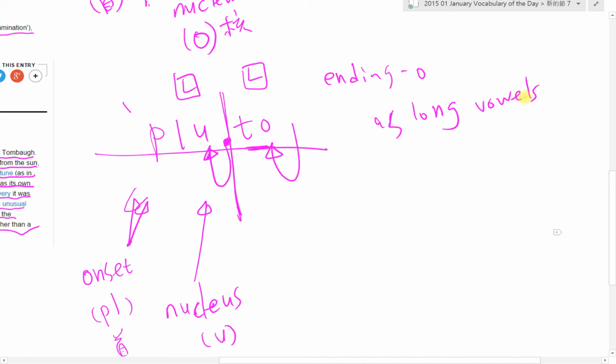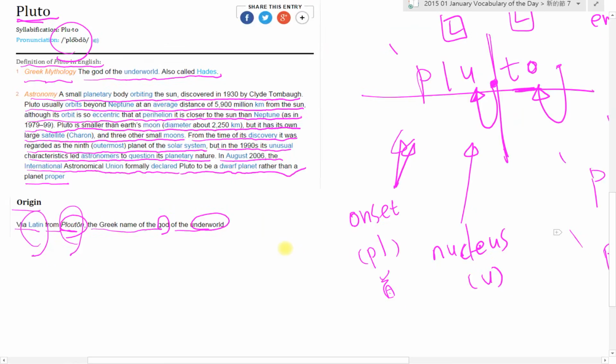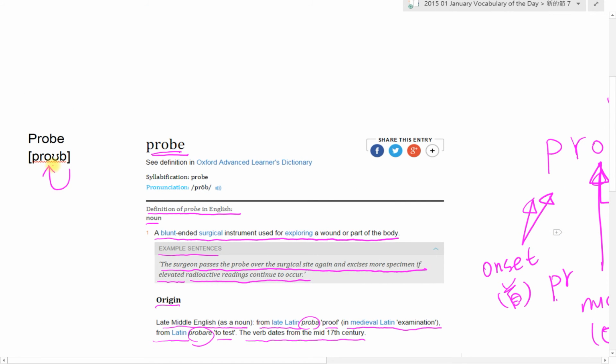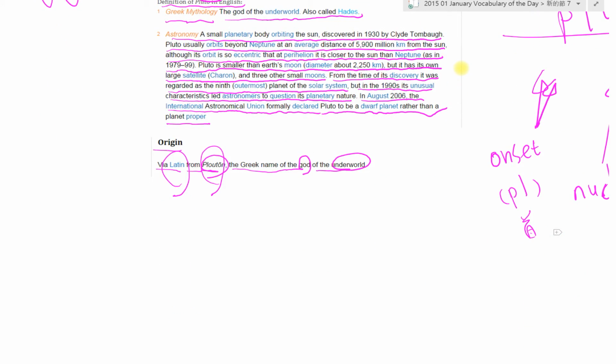然后第二个音节的 O 又是结音，所以又被拉出长母音。所以我们发现它有一个很特别的习性，它是直接拉出两个长母音，一个叫做 ending O as long vowels。通常 O 做结尾音的时候，O 可以自己把自己拉成长母音，所以我们念 Pluto，连续两个长母音。Pluto, Pluto, Pluto。很特别的音，我们再讲述一遍。第一个单词 probe, probe, probe。第二个单词 Pluto, Pluto, Pluto。